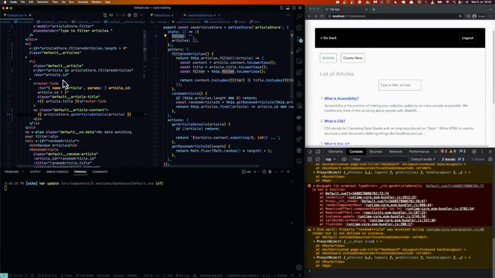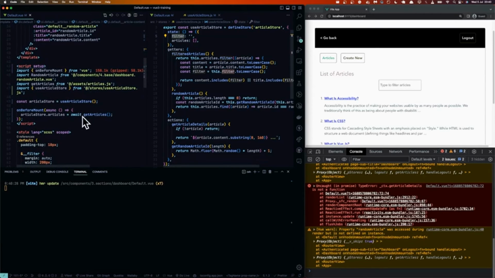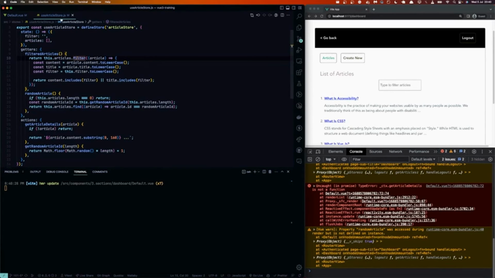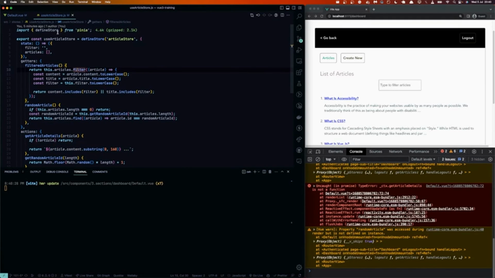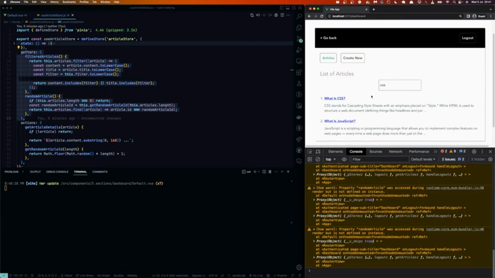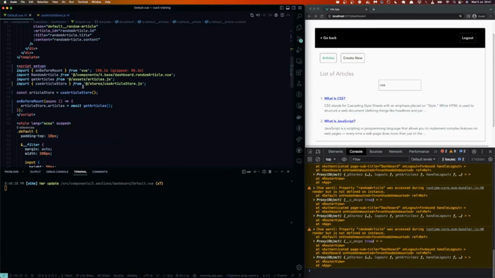So we have just moved all the state management from this file into our store, and again our store is defined using defineStore. We can go back to using one page, or one file, and defineStore will accept the name of a store, which you can see in the dev tools when you install those. Those are not part of the Vue 101. And then you have your state, which maps to whatever you had in your data section in the options API. Getters map to whatever you had in the computed properties. And again, if we search here on the right hand side, we will still be able to do the same stuff. The only difference is that now the logic that is used to store the state is global